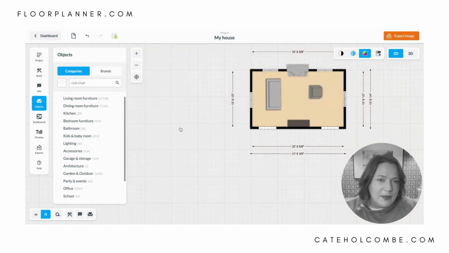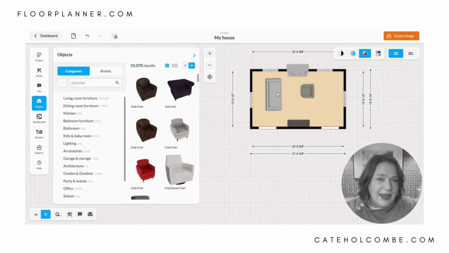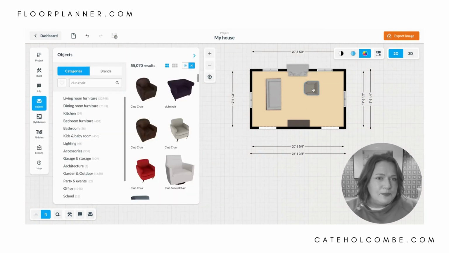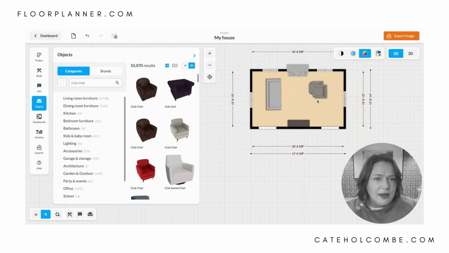Now I'd like to see a couple of club chairs in this space. And again, I happen to know that this club chair is pretty small. Oh, it's not too bad actually. I'm going to make it a little bit deeper. I'm tall. I like deep seating. So let's see what two of those look like. And then we have,